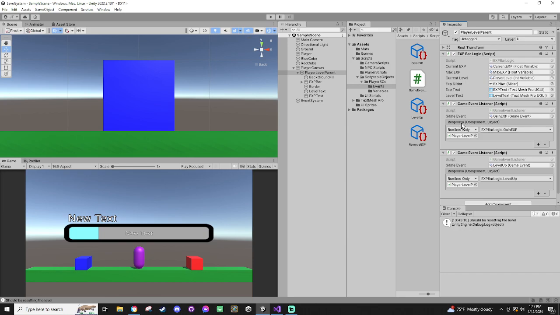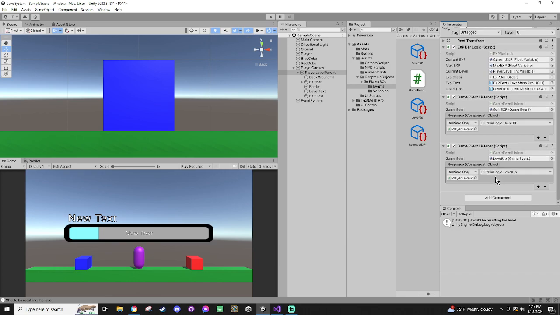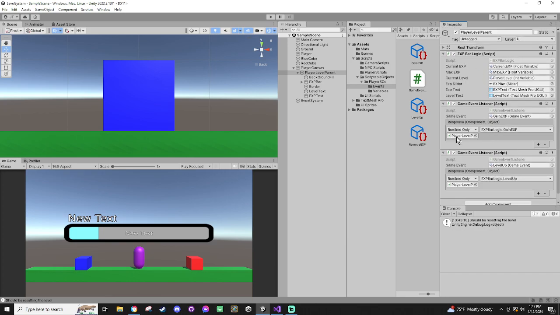So then this is the Unity game event, and this was structured and renamed to custom game event or whatever, so that you can pass in the arguments. So in this case, now this player level parent doesn't need any references to the triggers with the blue cube or the player or the EXP or what have you. All it does is it listens for this event being raised, which happens when this is triggered by the player, and then I can say on the EXP logic script, which is up here, I want it to do